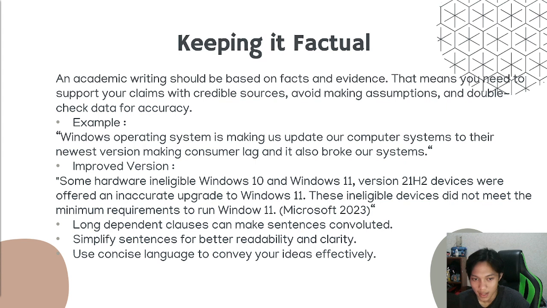For example, here there's this sentence. It's not taken from official sources or from news reporting sources. And the improved version just says from Microsoft 2023 right here. You can see it right there. It explains that you have this source from Microsoft itself. So next one,